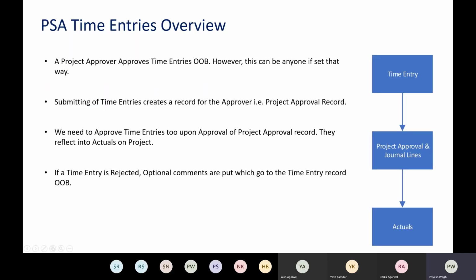So let me start. Just to give you some theory about PSA time entries, let me give you a quick introduction about project service automation. Project service automation is a module inside Dynamics 365, which was core CRM before, where if you are a professional services company, or a chartered accountants company, or any company who follows a typical model of resources being assigned on a project and working their way through the week, they submit their time entries based on what work they did or what items they worked on.